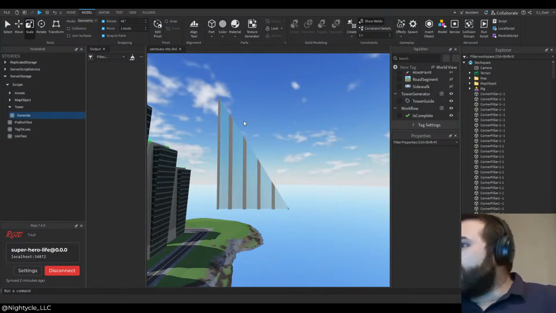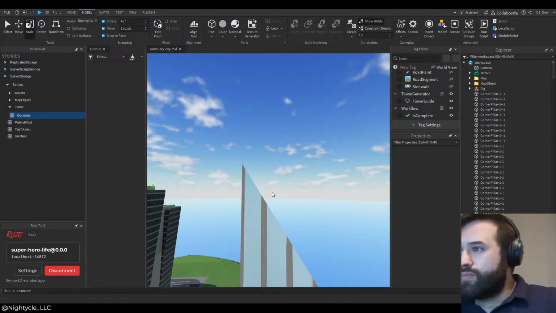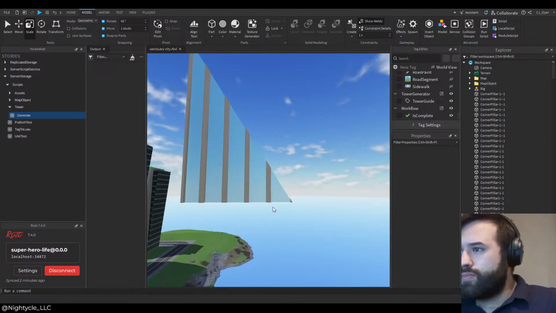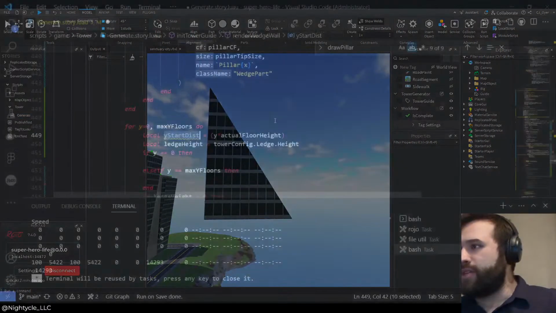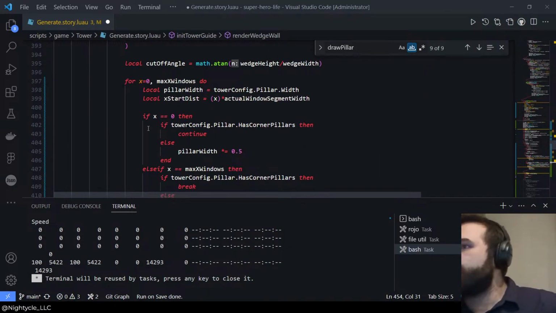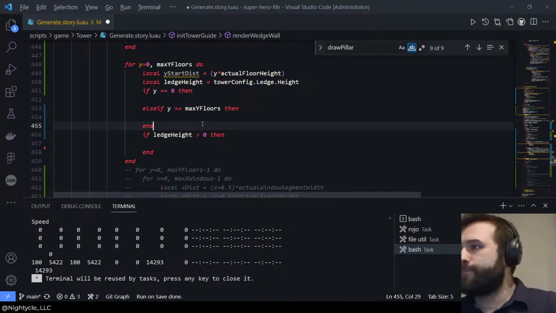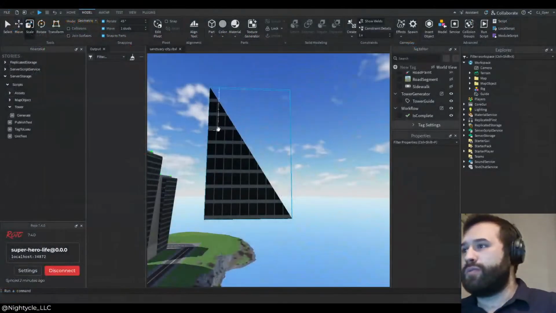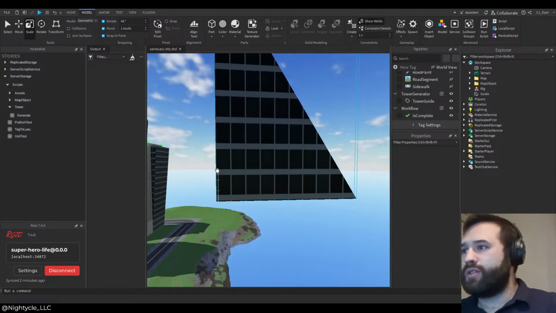Okay, so generate all of this. Okay, so with that in mind, if it's 0, then we really just want that to be,